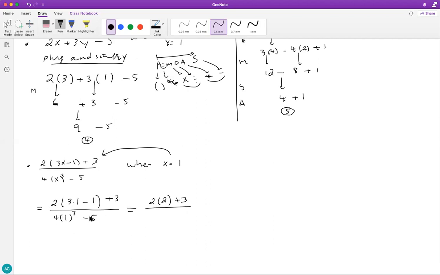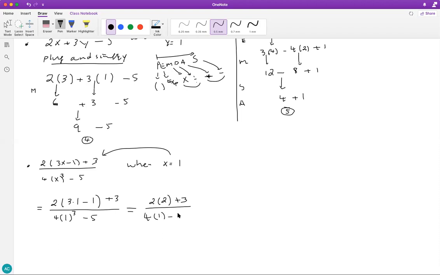Over, go to the bottom and start a new order of operations for the denominator itself. Nothing to do inside the parentheses. We move on to exponents. We have an exponent here. We're going to evaluate this, not 4 times 1 yet, but 1 to the third, which is 1 times 1 times 1. That's 1. So this is 1, not 3. A lot of people make this mistake. It's not 1 times 3. It's not 1 plus 1 plus 1. It's 1 times 1 times 1, which is 1. So it'll be 4 times